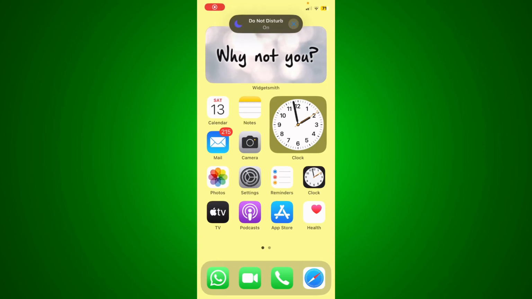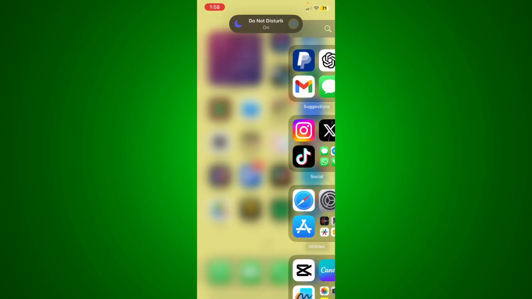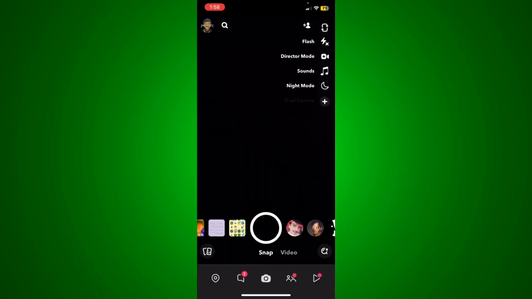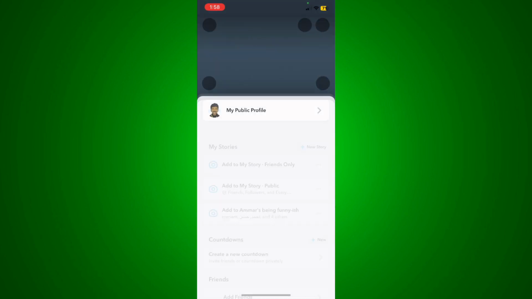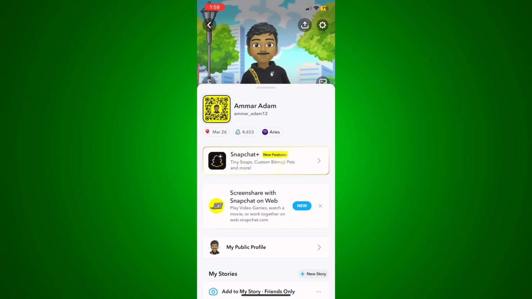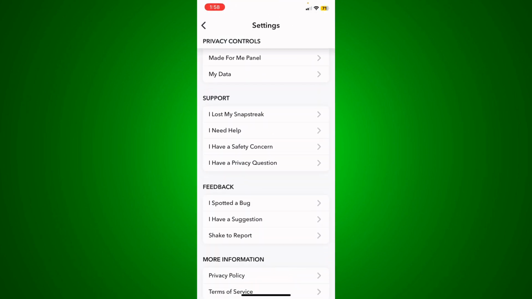How to add another account on Snapchat. So first of all, just go ahead and open up the Snapchat app. And what I'm gonna do here, I'm gonna just go ahead and click on my Bitmoji at the top left corner. And what I'm gonna do here, I'm gonna just click on my settings gear, scroll a little bit down